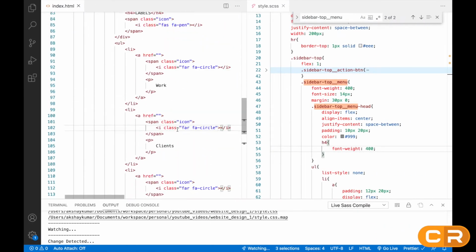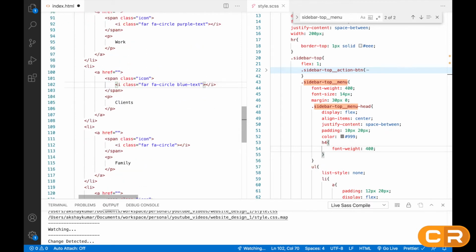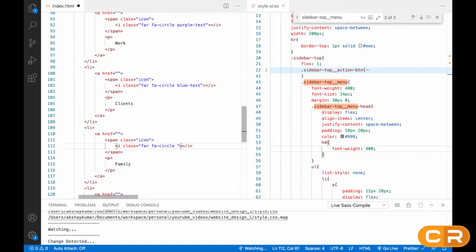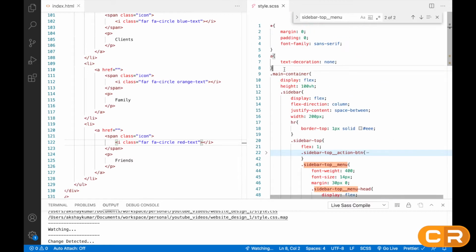What we can do is create classes for these colors. So we can give purple text, and here we can write blue text, orange text, and here red text. Now let's create these classes here on the top.